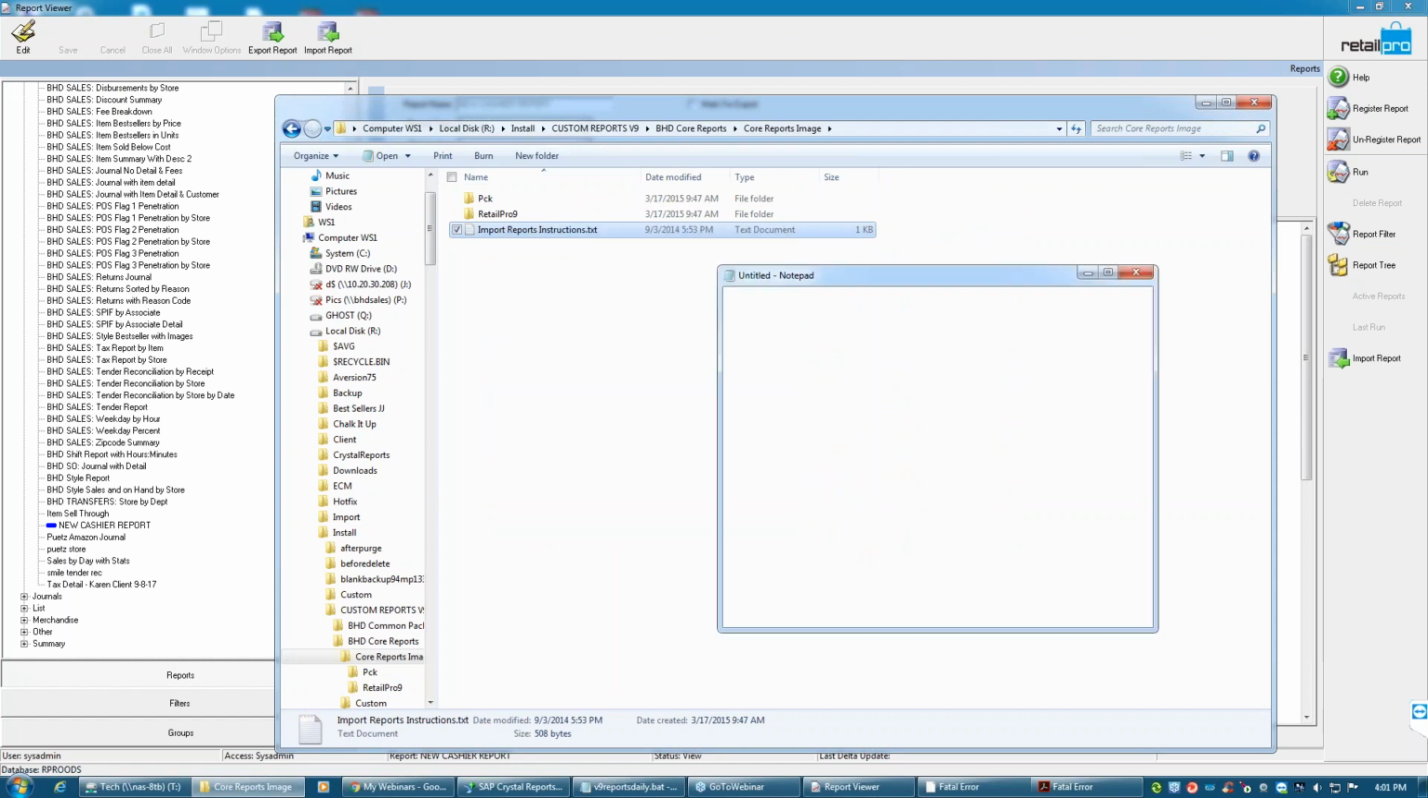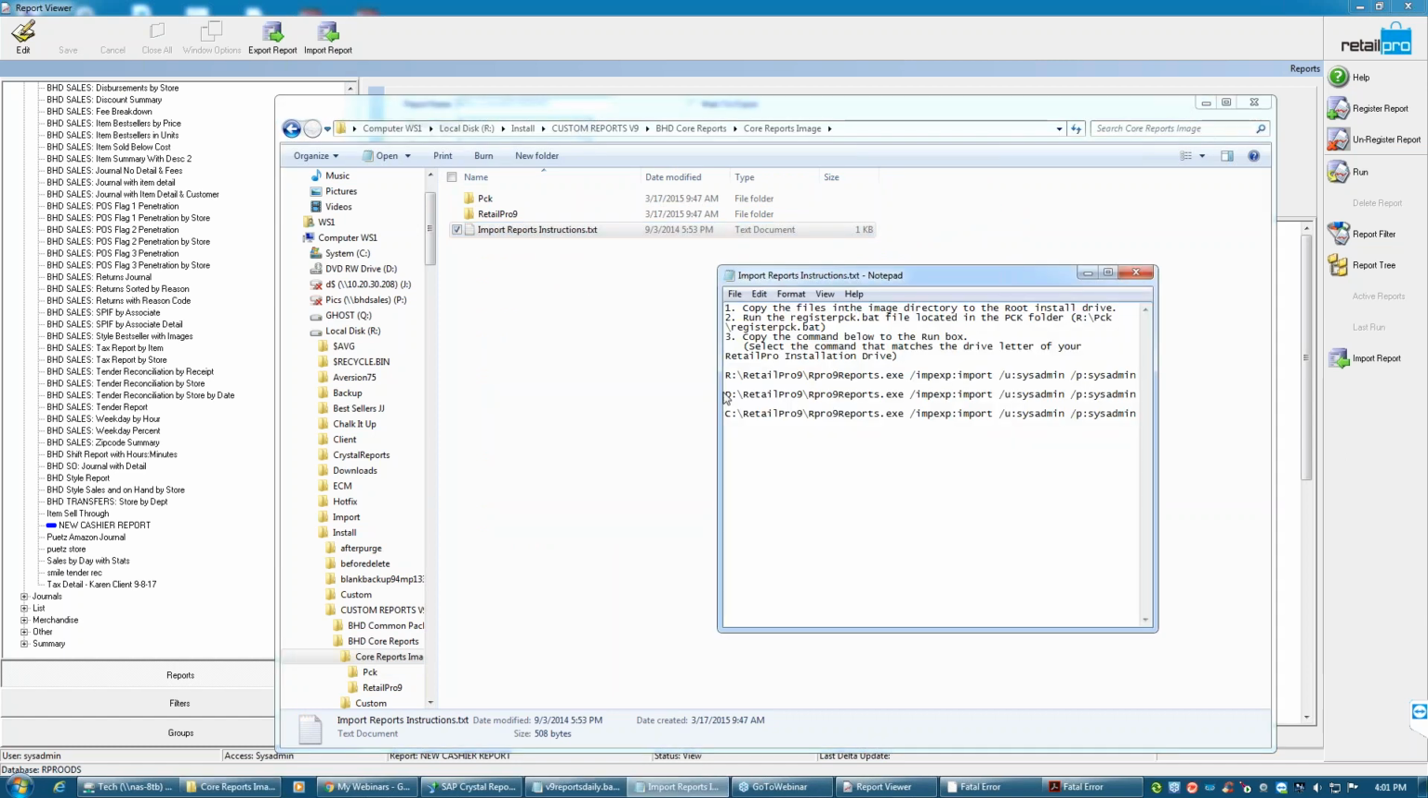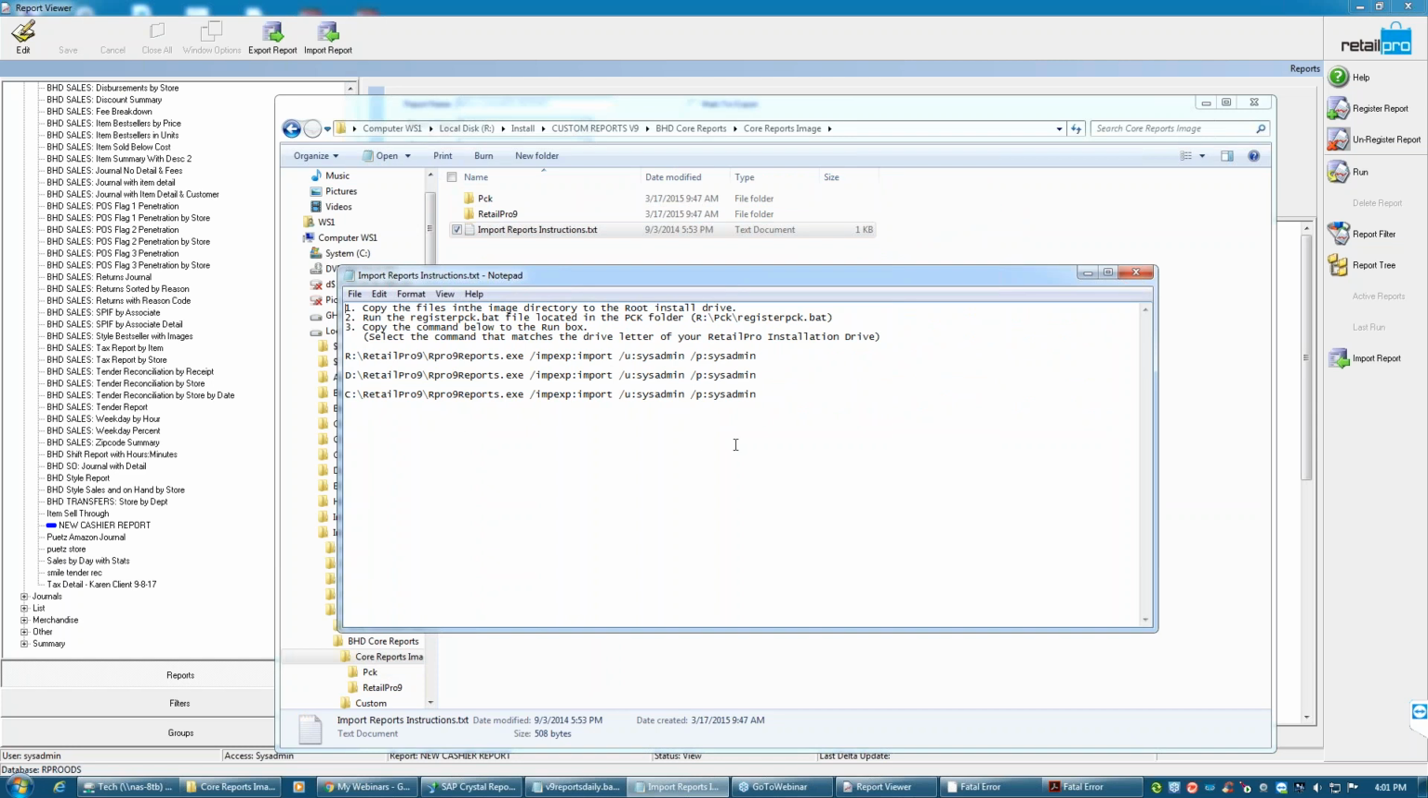So I'm just going to open this really quick and show you what the install command looks like. This is how we install our core reports. We have like 60, 70 reports, right? Do we go one at a time and say import, import, import, import? No, we don't. Okay, so we put all of those exported encrypt files, and the RPTs that go with